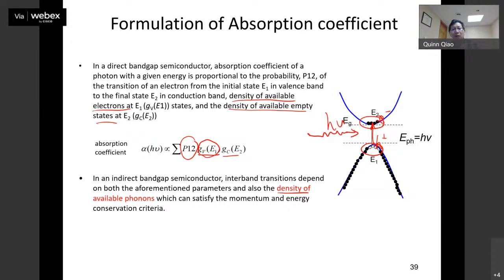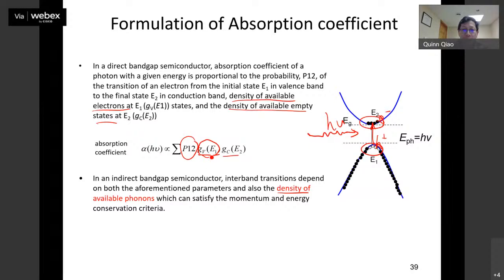You can call that the cross section, the probability cross section. That's basically, when one electron is there, what is the chance for it to meet that hole? So that's why it's P, probability, right? And then multiply the density of states for electrons, the density of states for holes, and also